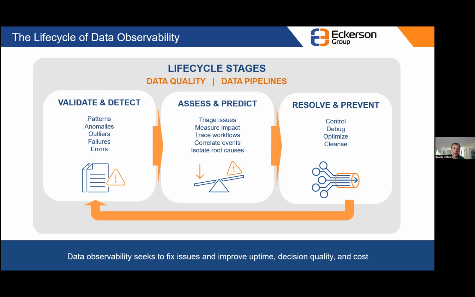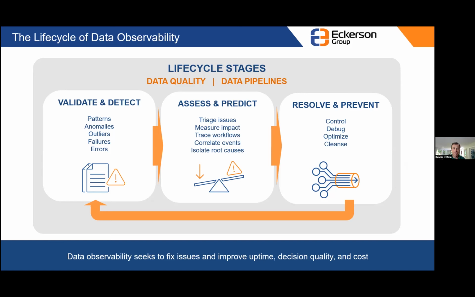They're also helping cleanse data to ensure that anomalies in terms of data values are reconciled, to ensure that the values represent reality. So data observability seeks to fix issues and improve uptime from an IT perspective and a business perspective, as well as decision quality, looking at the data scientists, the applications, the data analysts that are consuming data, and also